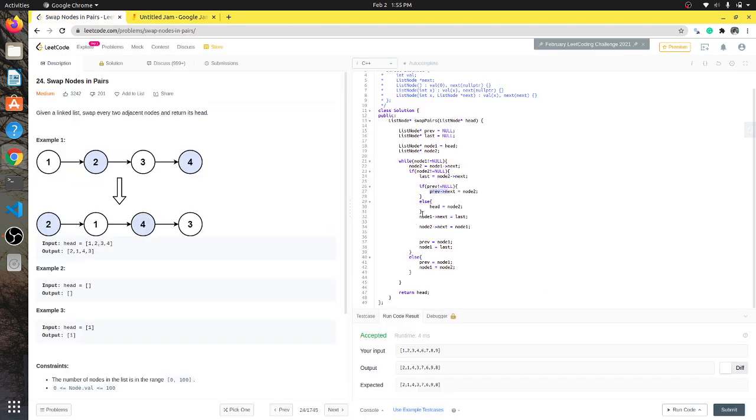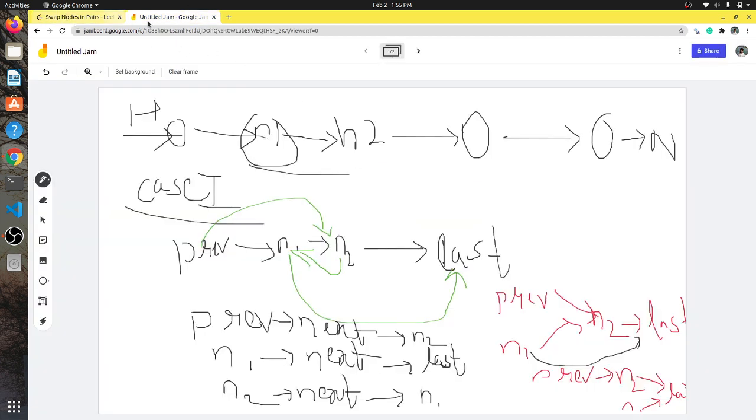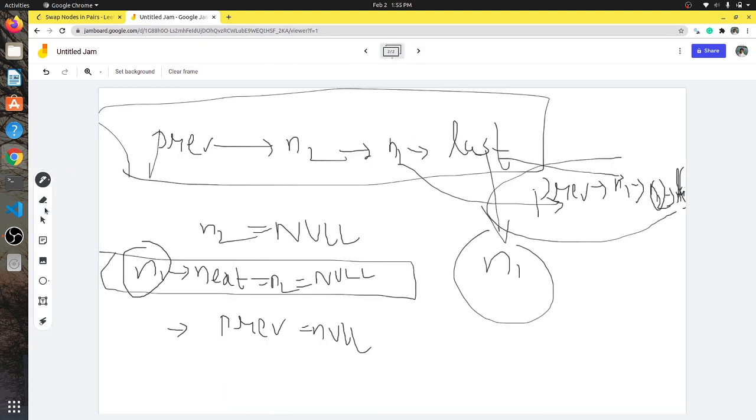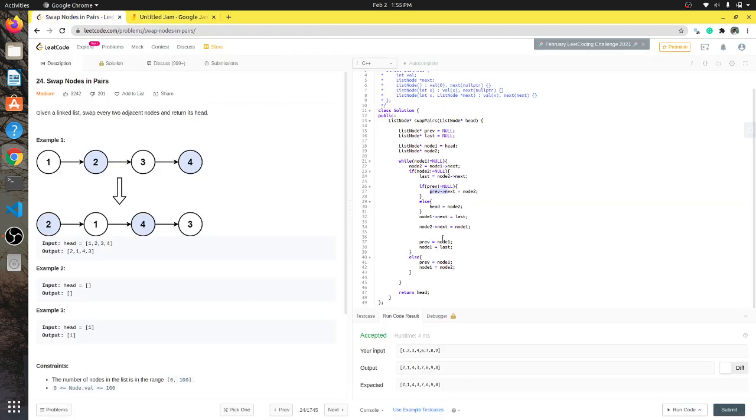But if previous is equal to null, then we can't do this. In that case our linked list will be like this: n1, n2, last, where n1 is pointed to by head. So we can see that previous is our head.